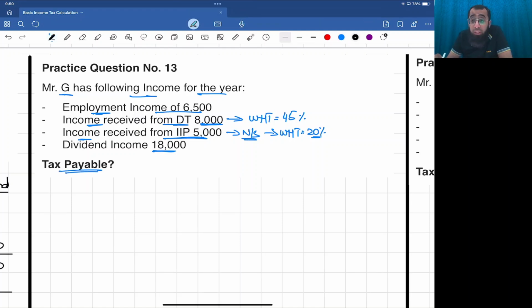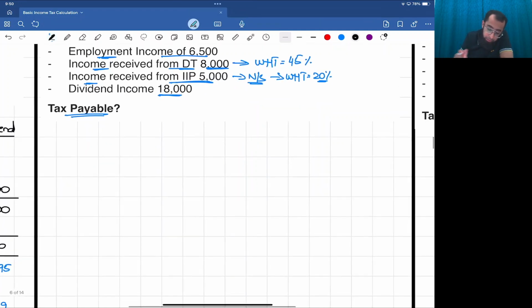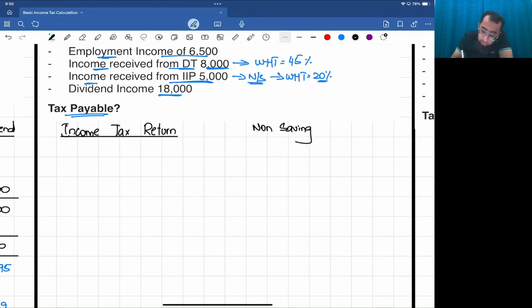I believe it's not difficult. Let's do it. We are making an income tax return. The first head of income is non-saving. And then the second is dividend. Okay. Here you go. The heads of the income. Employment income, how much? The employment income is 6,500, goes in the head of